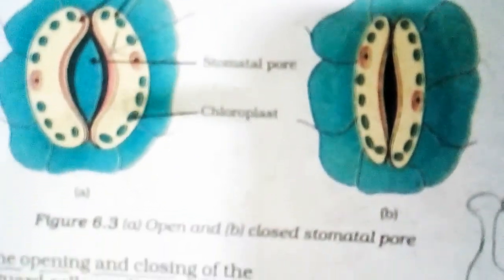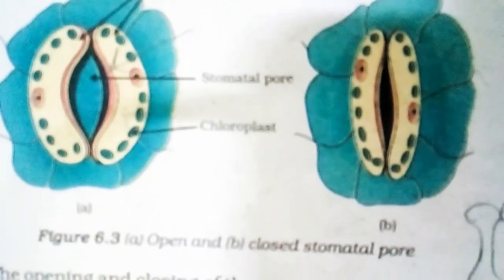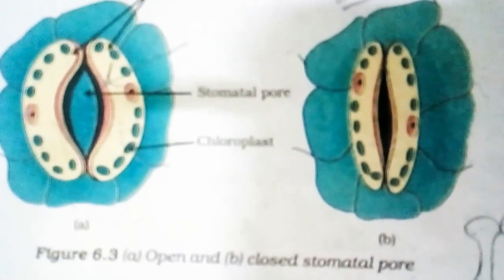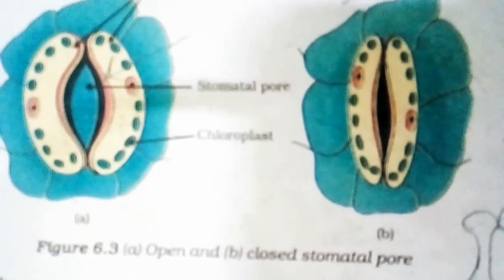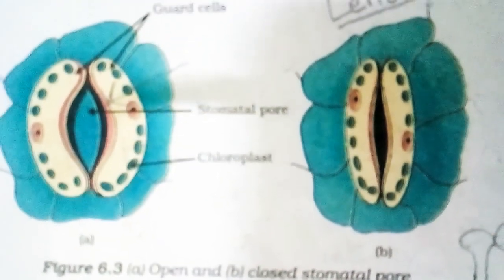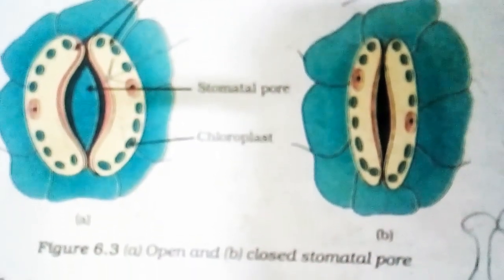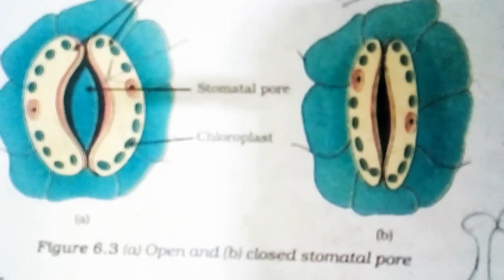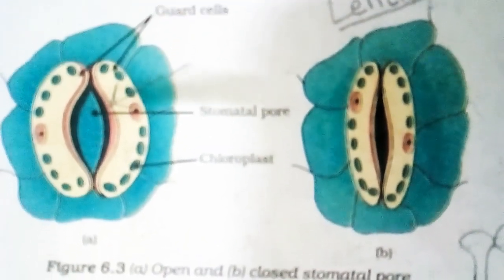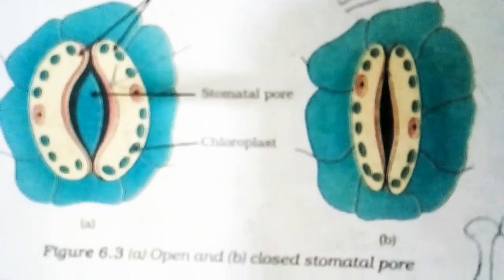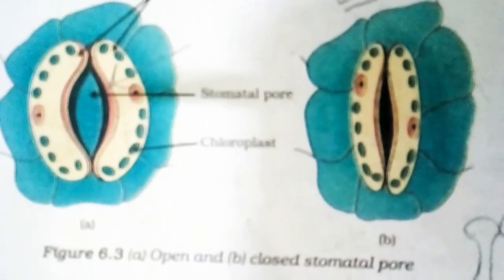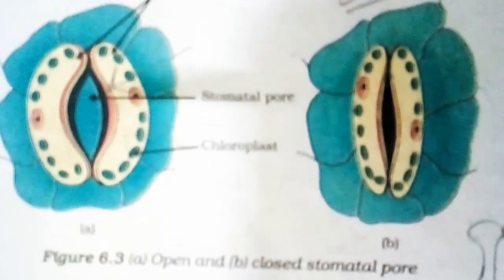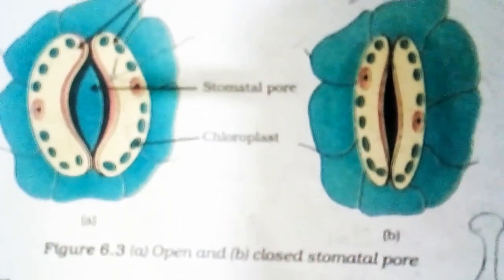Now, why is it so that the number of stomata is higher on the lower side of the leaf while it is least on the upper side of the leaf? It is so because whenever the stomata on the upper surface of the leaf get open, it gives out carbon dioxide, it gives out oxygen, it receives carbon dioxide, and it also gives out extra water if the plant is having.